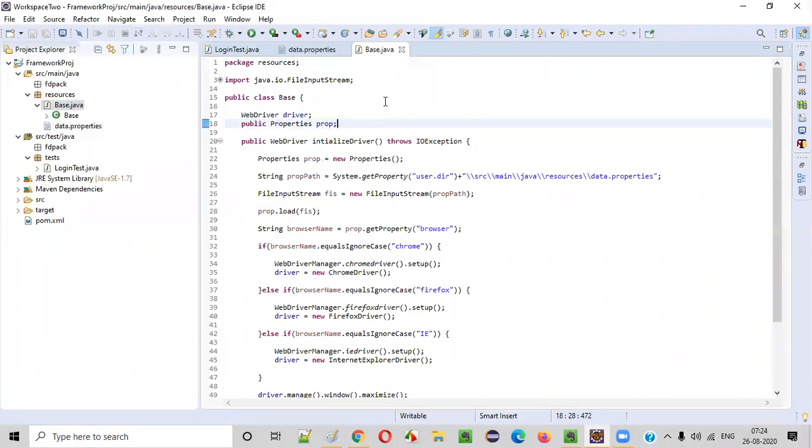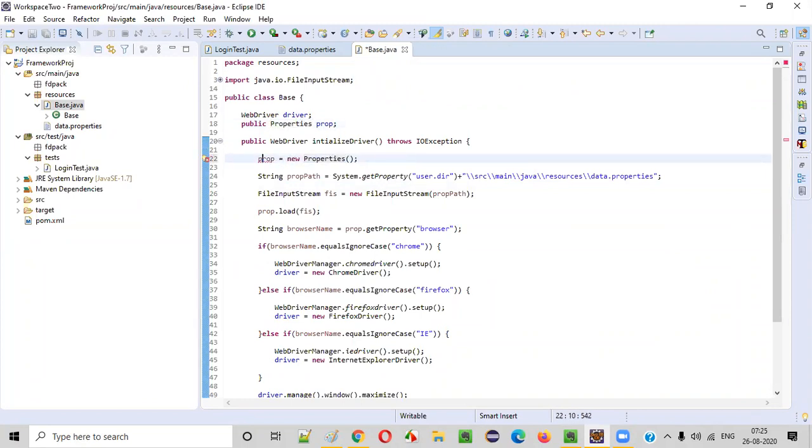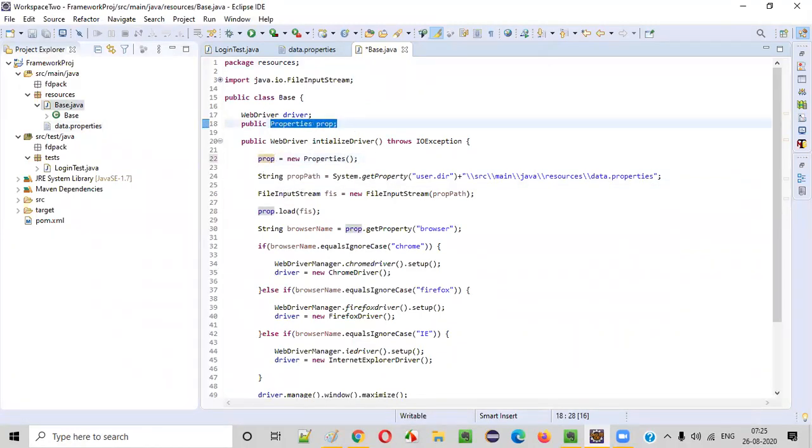You see, there is a mistake here. I'm declaring it here, and again I'm declaring it here. What's the use? A null pointer will come. You should not declare it again inside. So remove this declaration inside. This declaration should be global, guys. Then only the null pointer exception will not come.